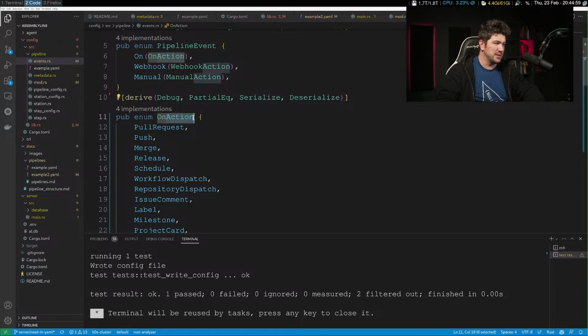Let's just call this public enum on, because I think that's going to serialize a little bit better. We'll call this on. Actually, no. I think we'll call it on. We'll leave it like this. Let's see how this serializes.